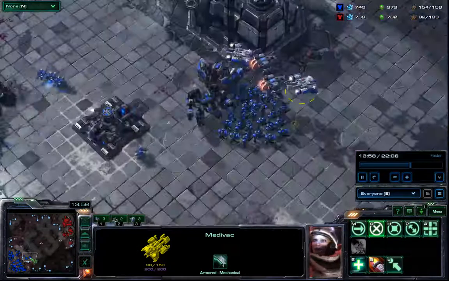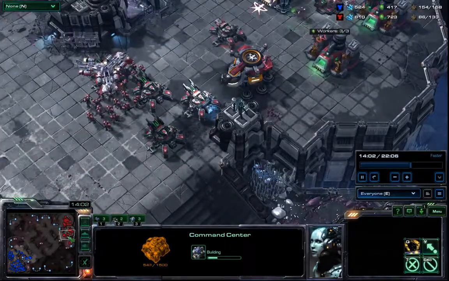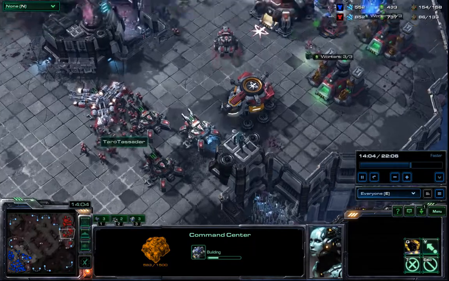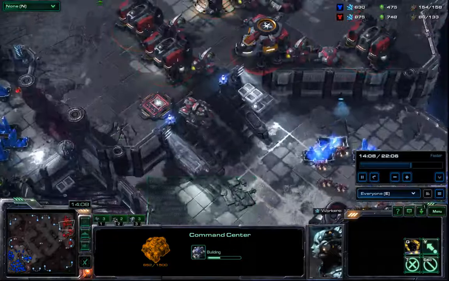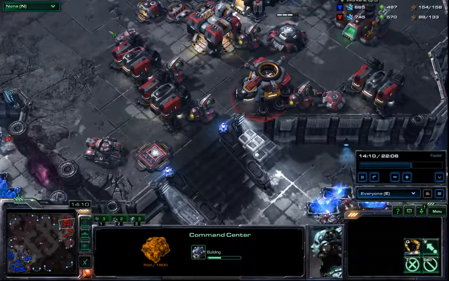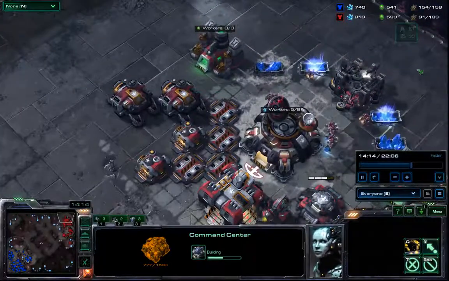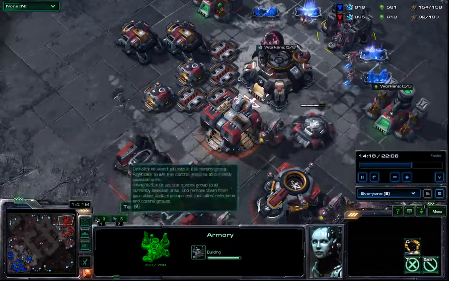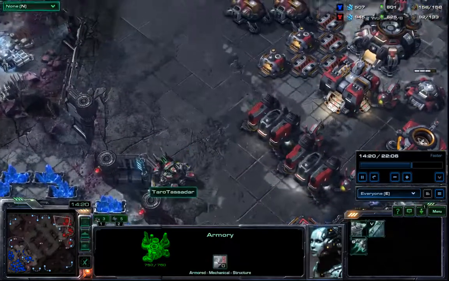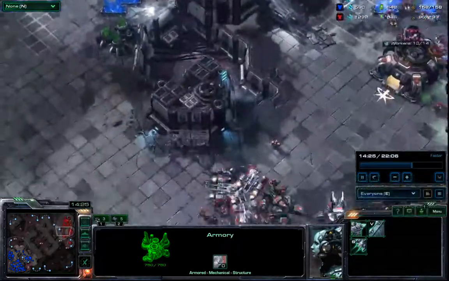So now he's taken his third base and I've taken mine. And I think he's finally learned that he can't leave his entire base undefended. So he builds an armory. That's interesting. But yeah, so now a tank. Actually, I'm not even sure if it would hit where I was dropping, but...